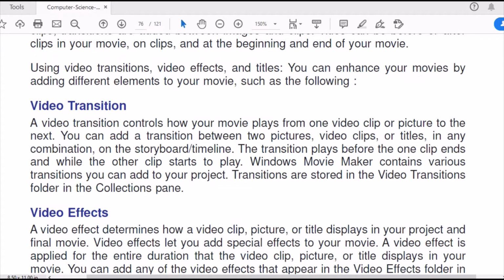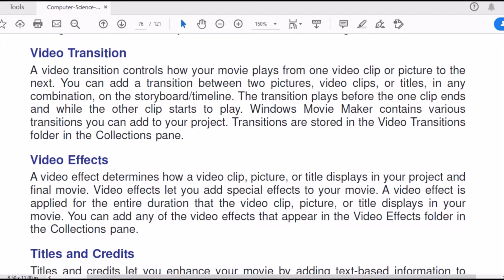You can add that as well. A video transition controls how your movie plays from one video clip or picture to the next. You can add a transition between two pictures, video clips or titles in any combination on the storyboard or timeline. The transition plays before one clip ends and while the other clip starts to play.